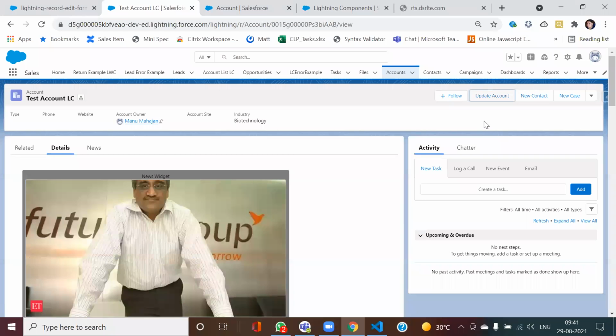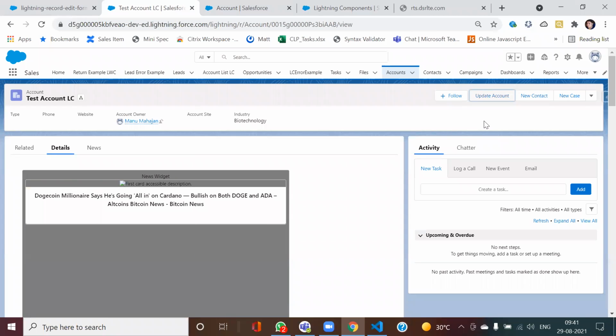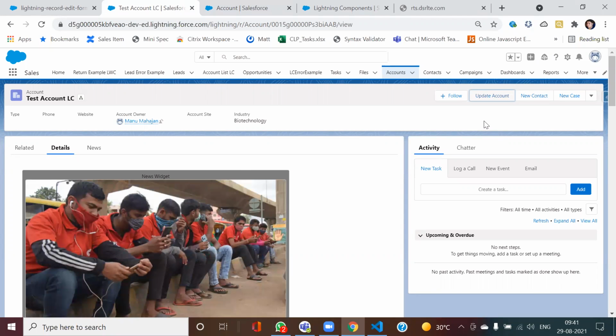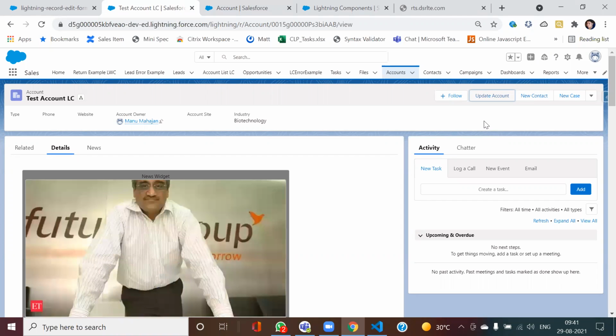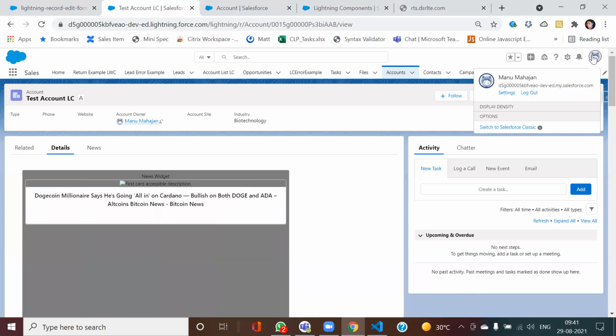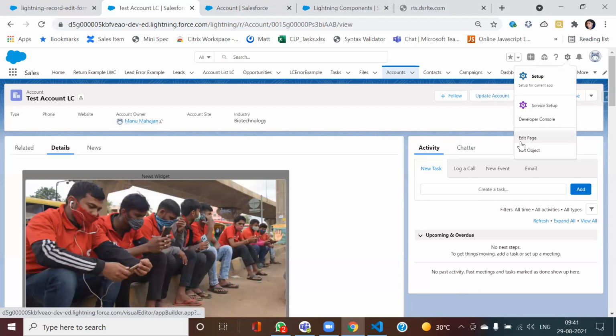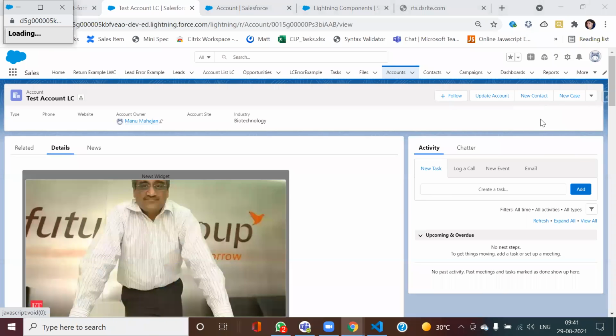Whenever, like in a Lightning Component, we used to have this property, app hostable, available for all pages. These are different properties we used to have, in order to use it in your app builder or in your record page or in your home page. If you remember, let me open it. Oh no, it's so slow.